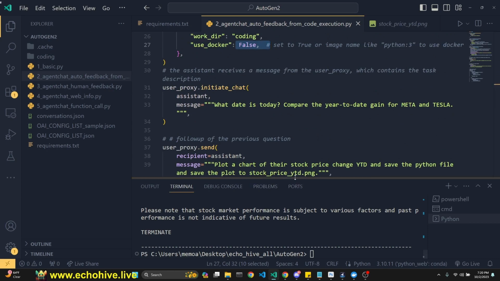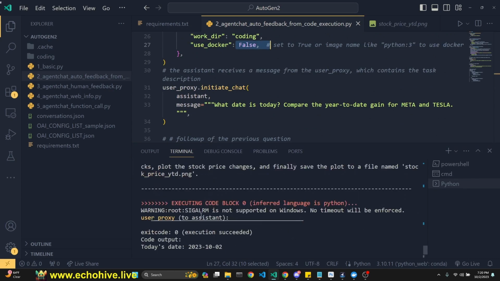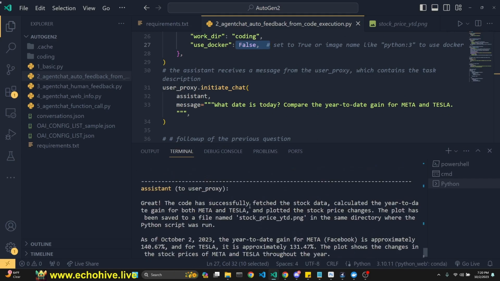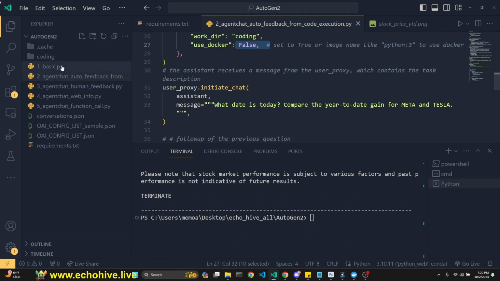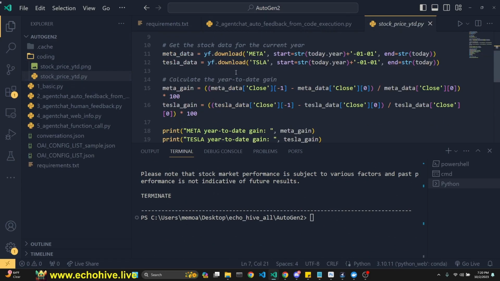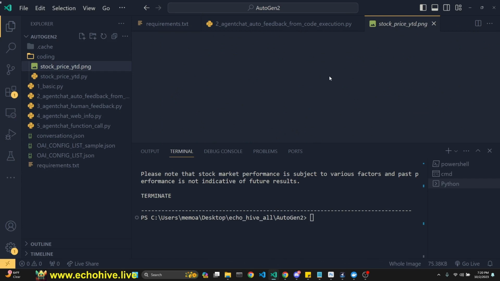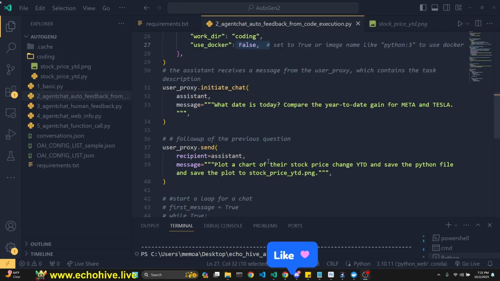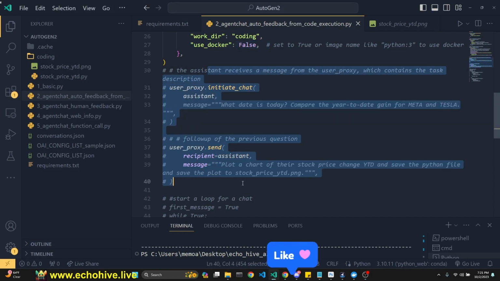So any function that it executes, here we go. I believe it's all done. It can run pretty quickly when it's not running into any issues. And it had written the code that gathered the information requested, and then the code that actually created a chart and saved that chart. Now, alternatively, I'm just going to go ahead and comment these out, and we can